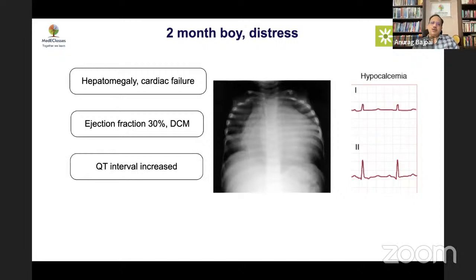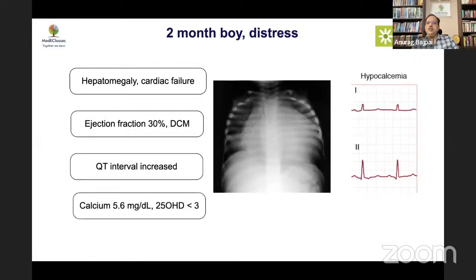And then the referral was done to us. What we found was that this child actually had a vitamin D deficiency. And now we know how severe vitamin D deficiency can cause cardiomyopathy. Now, this was in those early ages when this was not really easily available and was not really well known. So unfortunately, this child had to go on a ventilator and a lot of other complications happened. But till date, we occasionally see patients with cardiomyopathy. So hypocalcemia is a significant cause of concern, and we need to have a proper evaluation, assessment, and management